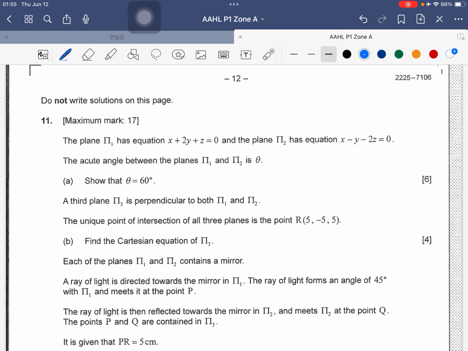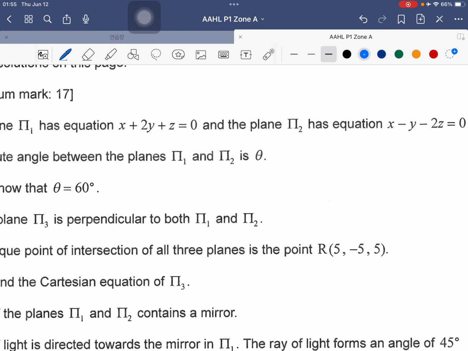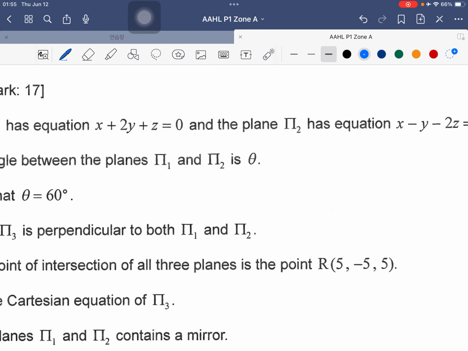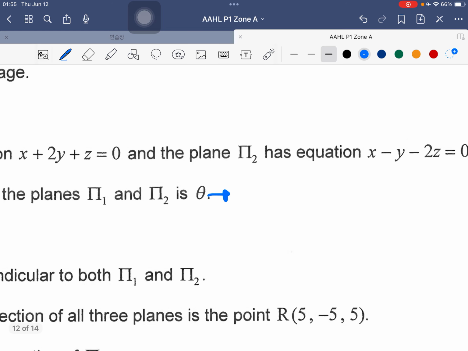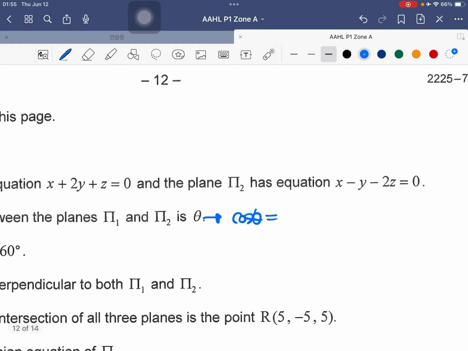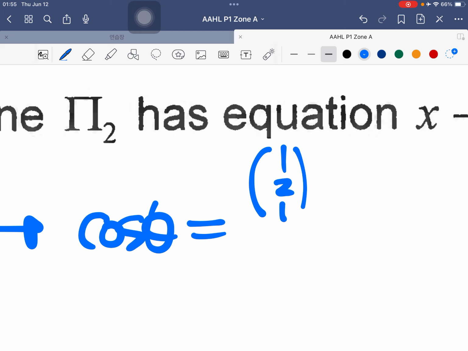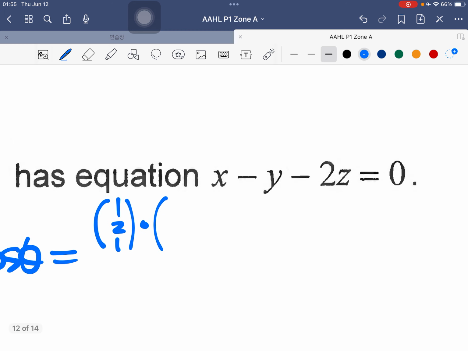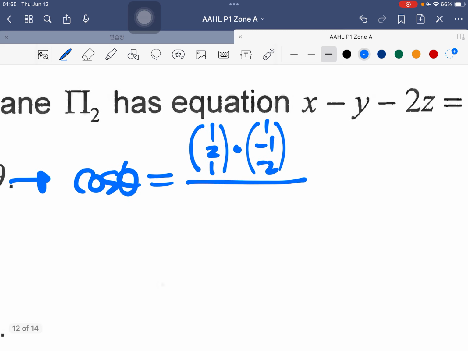The acute angle between two planes is exactly the same as the angle between the two planes' normal vectors, so we can simply find the angle between the two normal vectors. Theta is computed by cosine theta equals the scalar product of the normal vector of pi 1, which is (1, 2, 1), and the normal vector of pi 2, which is (1, -1, -2), divided by the